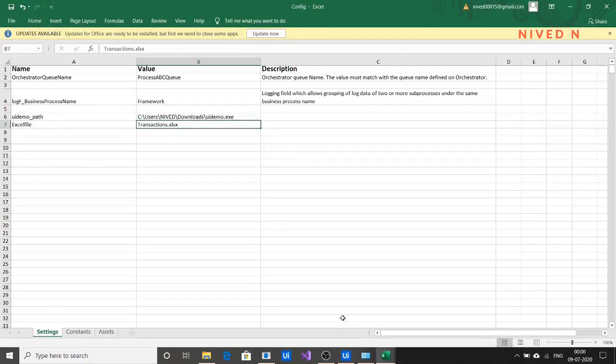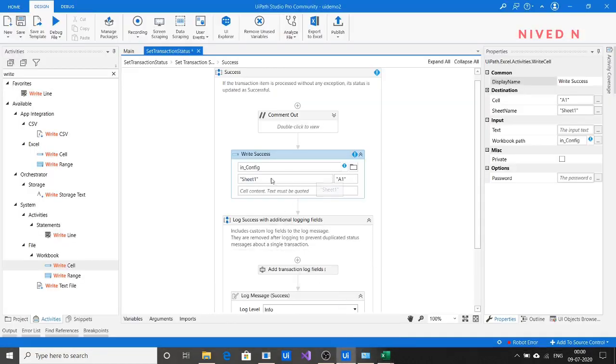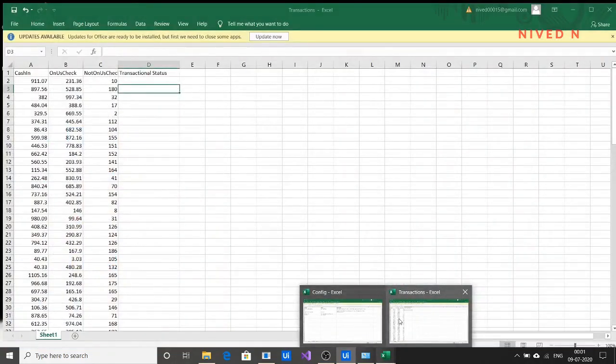I think the name is Excel file. So in config, Excel file dot to string, sheet 1. Yeah, I think its name is sheet 1 itself.